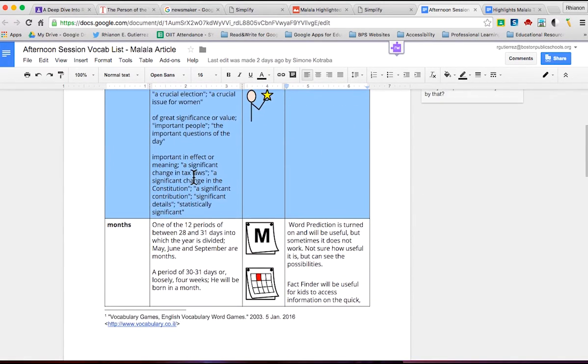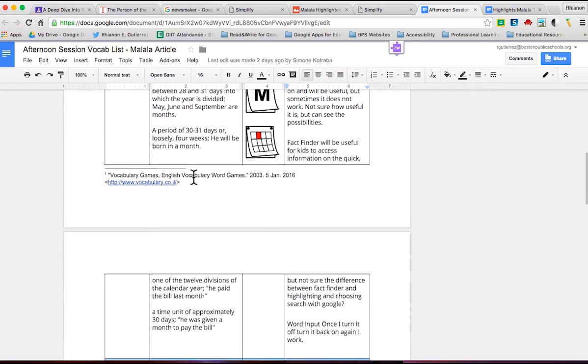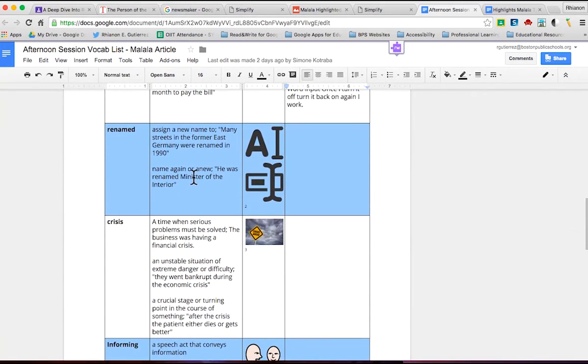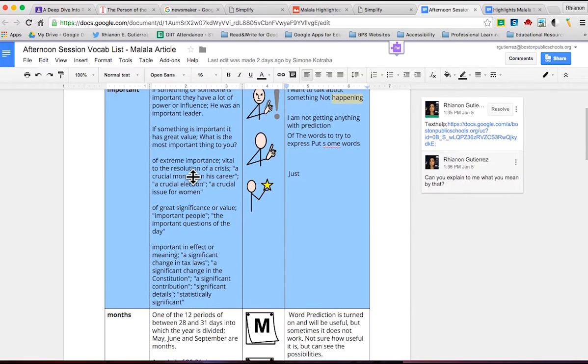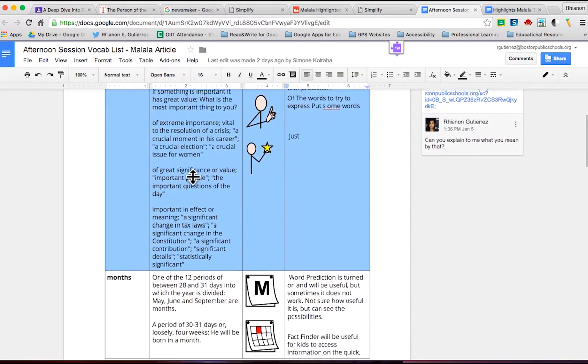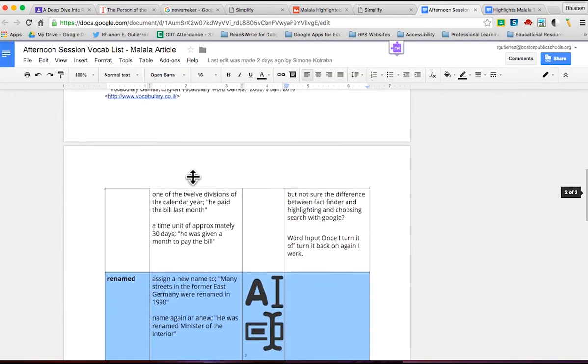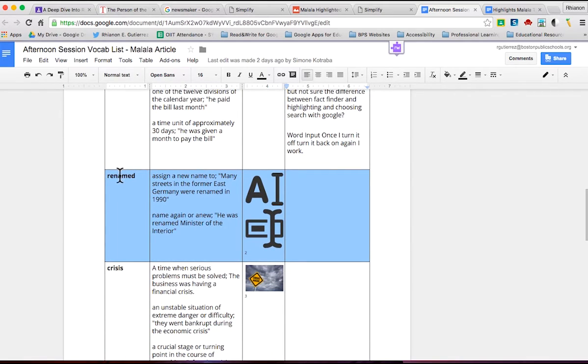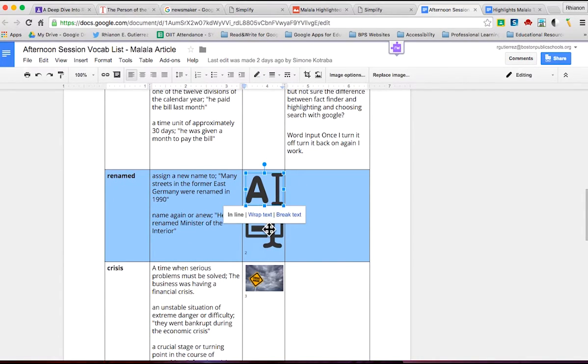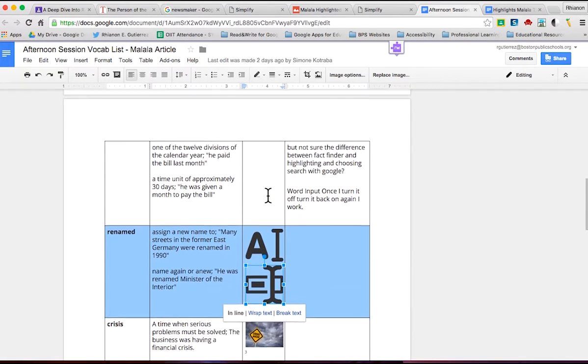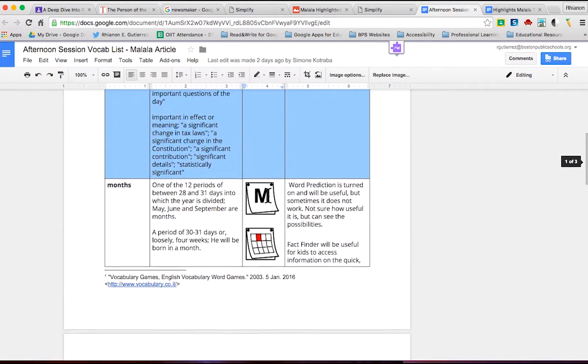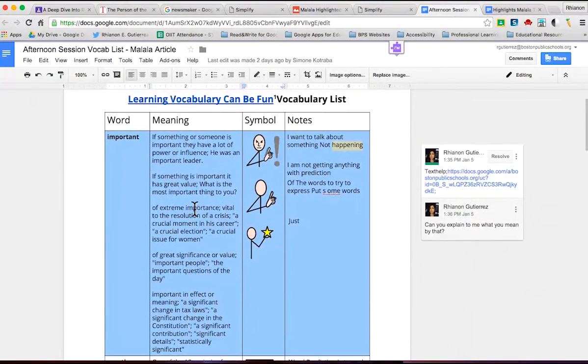So let's say, for example, once you're in this document, you notice there's no pictures. I'm going to scroll down and look at the word renamed. Now this one, if I remember correctly, and also if you look at the type of images there are, it doesn't really match what you see for the words months and important.